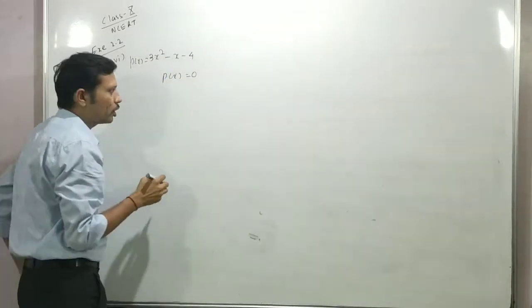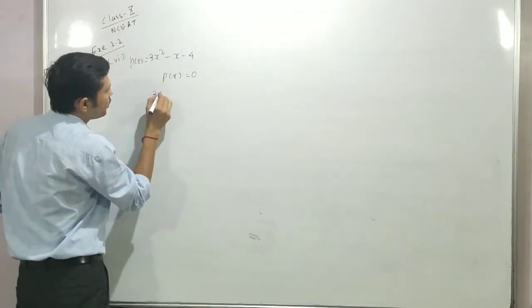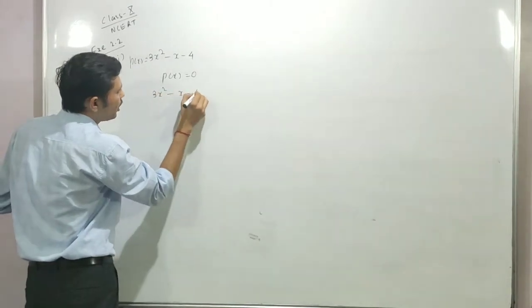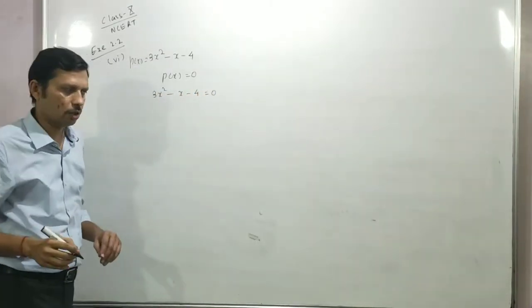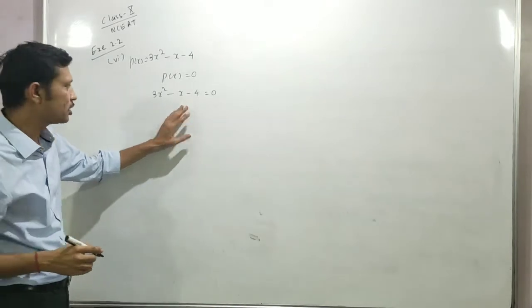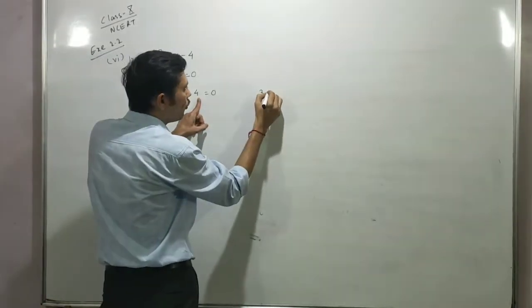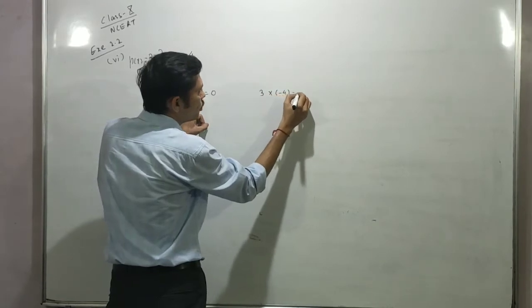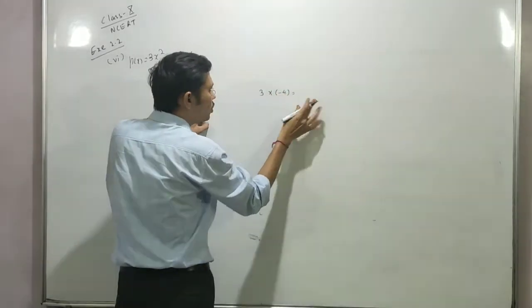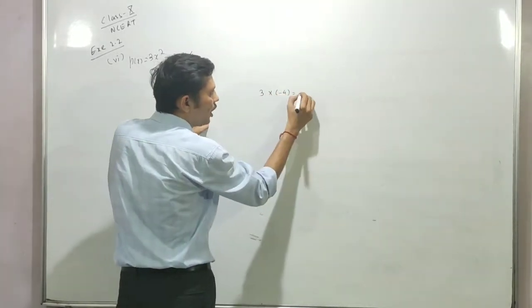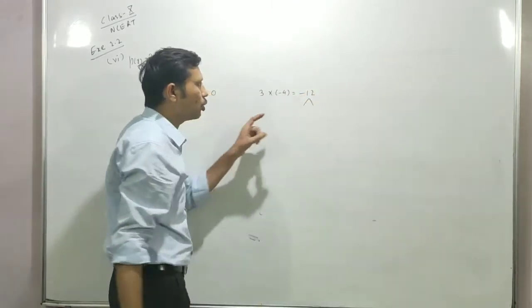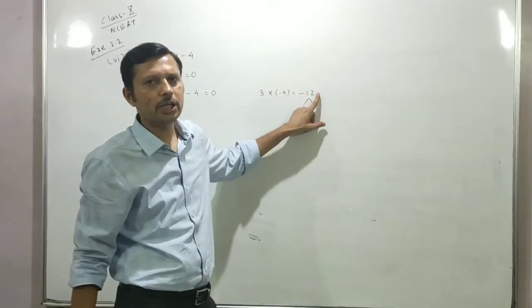क्या करना है हमें? 0. सो 3x square minus x minus 4 equal to 0. नाउ हम इसको फैक्टराइज करेंगे। फर्स्ट टर्म की कोएफिशिएंट 3, लास्ट टर्म की कोएफिशिएंट -4। जो इसका प्रोडक्ट बनेगा वो कितना होगा बच्चों? 4 3 are 12 एंड -12। देखो प्रोडक्ट नेगेटिव है, यानी कि 12 के जो